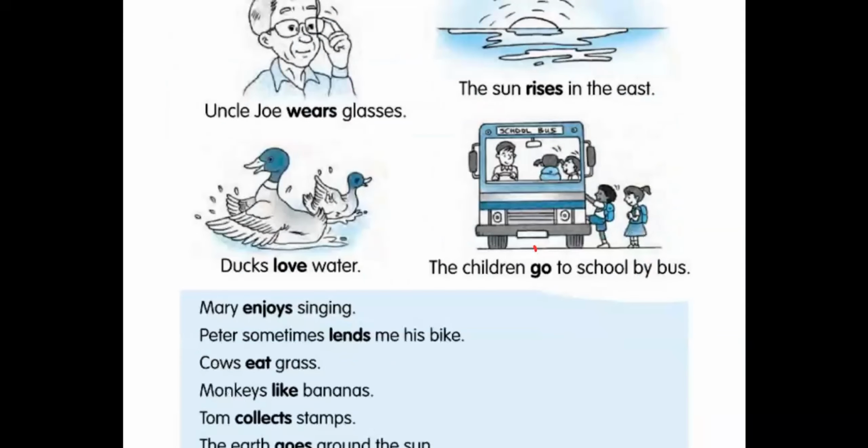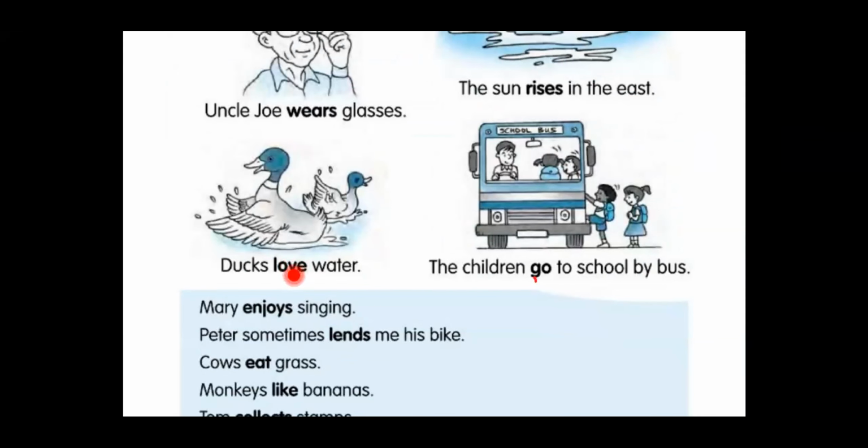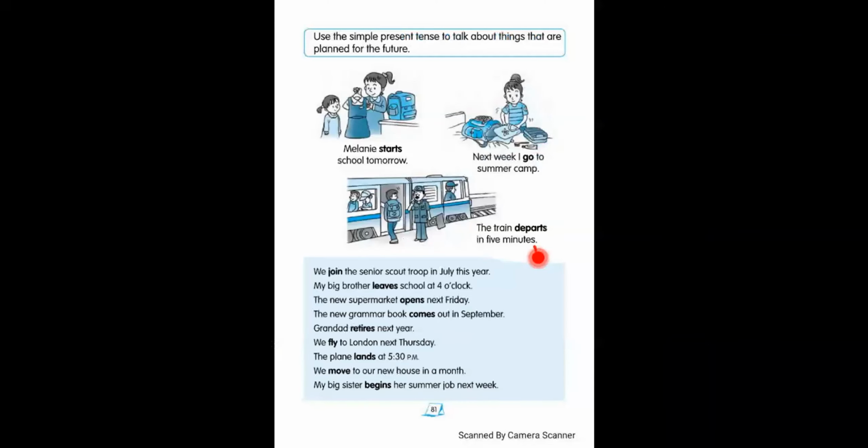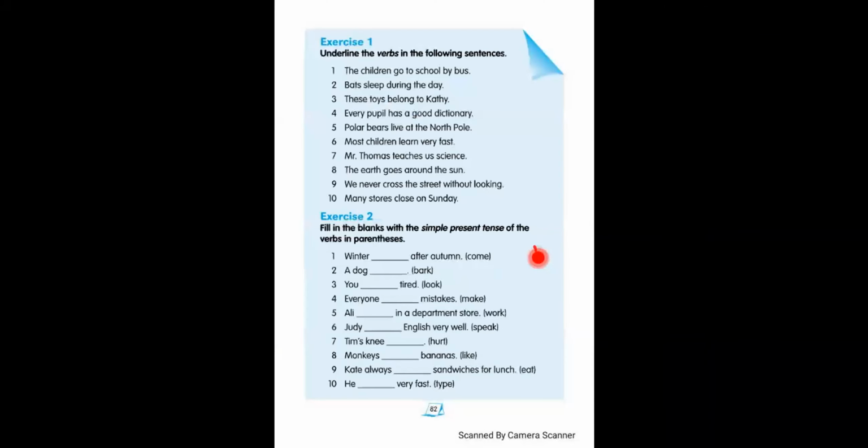Like, see, ducks love water. So here, ducks are plural and love. So here we didn't add any s to this verb. So it's the same. Ducks love water. We didn't change anything here, and we didn't add any s because it's plural. And see over here, the children go to school by bus. Again, go is the simple present tense form. And then after simple present tense, we have also seen